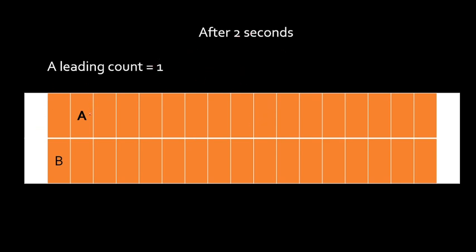Now this is the first time I'm monitoring. During the first monitoring time, A is leading. So I'm saying A has led the race one time. Okay, A is leading the race once. What about B? B is still trailing only. So B is not leading. So B's leading count will still be 0. Okay, count it, not the current value only. Count the number of times they are leading. Okay, you'll understand better when we proceed.